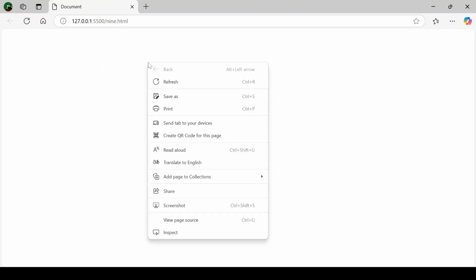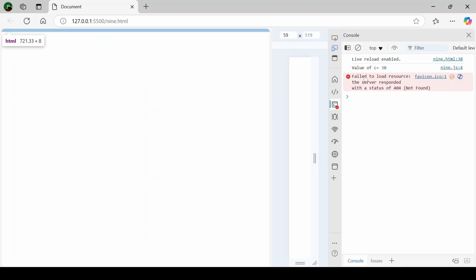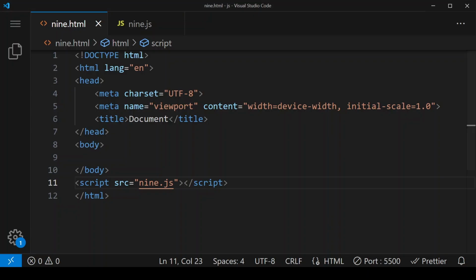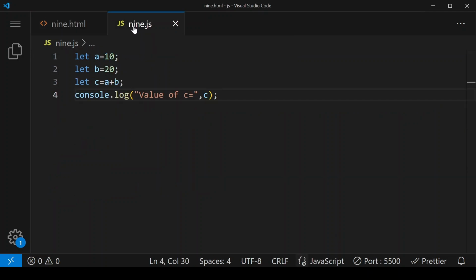As we haven't printed anything on our document, it is not showing anything here. Right click on it, go to inspect, and here on the console we can see that it has given us the value of c equals to 30, because we have done console.log.